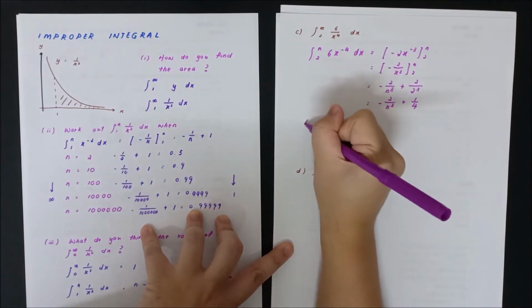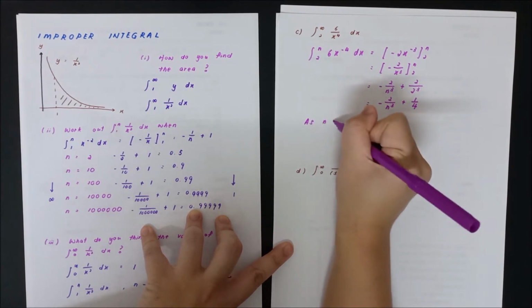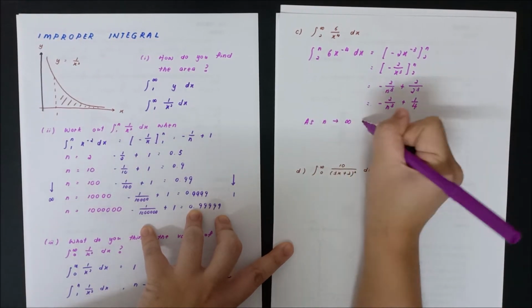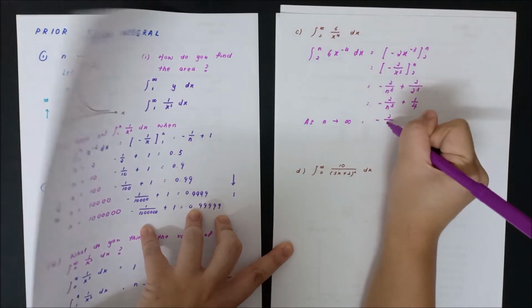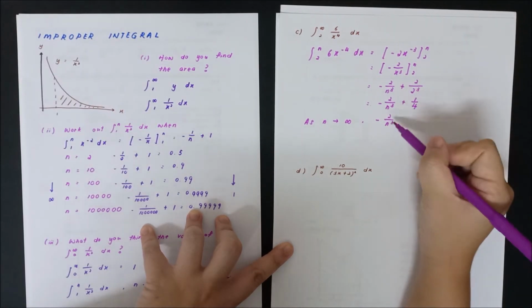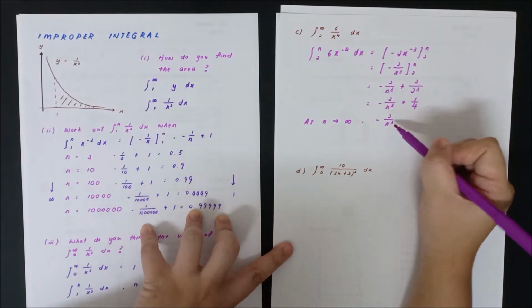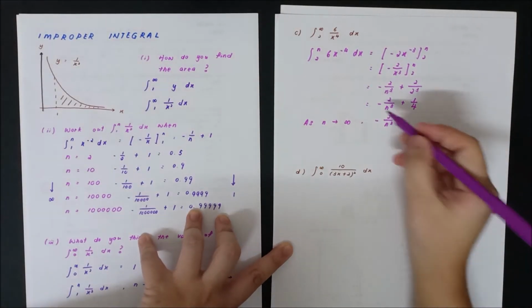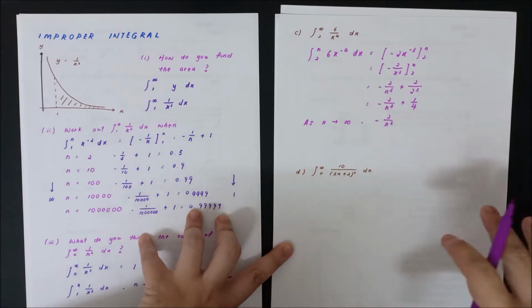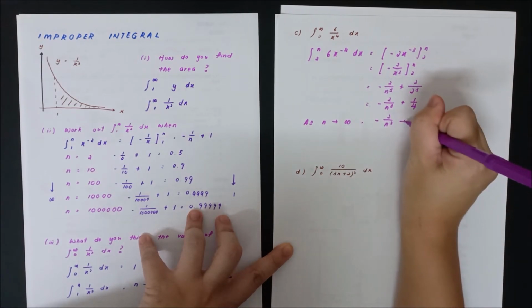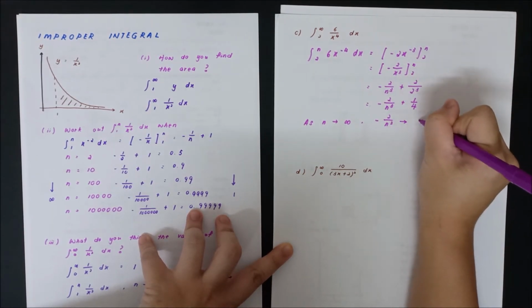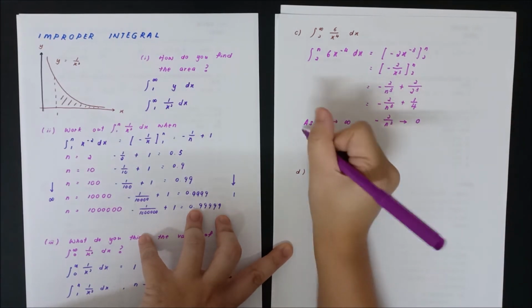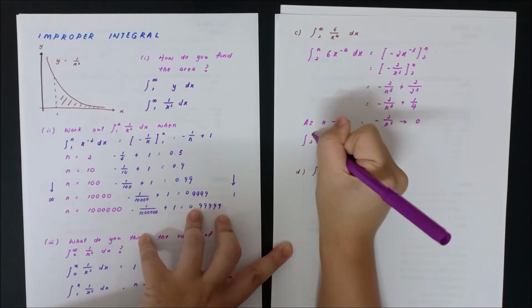So now you can say that as n approaches infinity, so you say this one, negative 2 over n cubed. So it's the same thing. If n approaches infinity, when you cube that number, it is going to be infinity also. So 2 divided by something that approaches infinity, you are getting this fraction to approach 0. Then after that, we can say that the integral from 2 to infinity